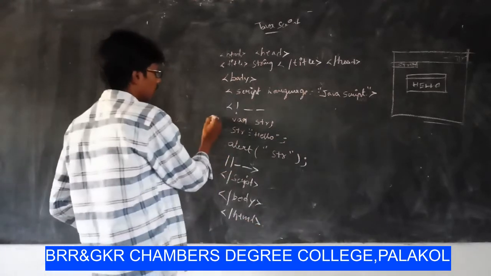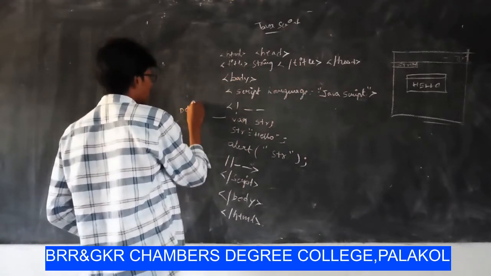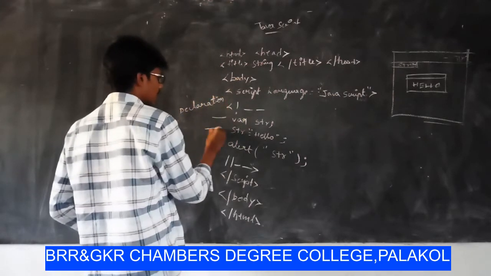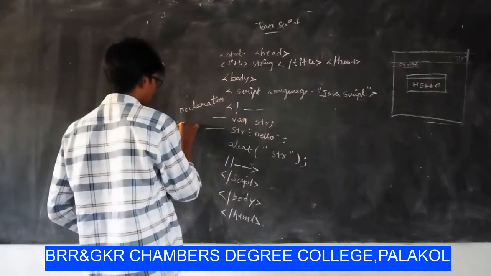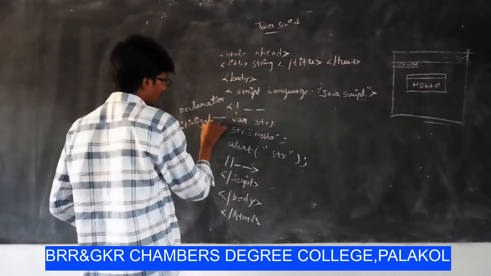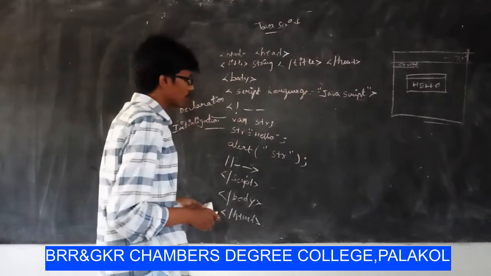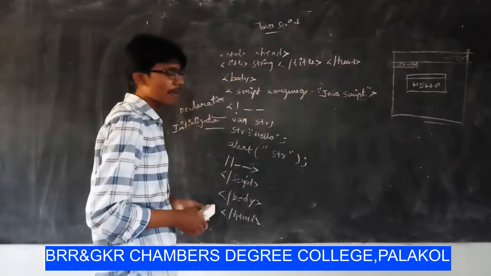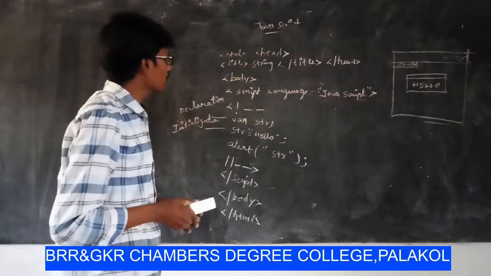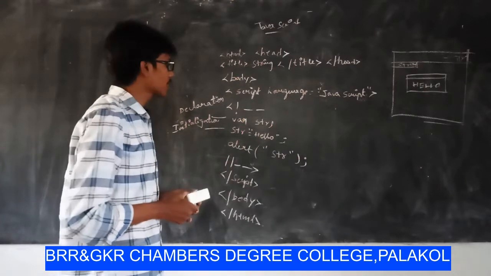This is, in the programming, the declaration part. This is the initialization part. In every programming we can declare some variables and initialize those variables for the user requirement to implement the programming. Okay, this is the structure and how to declare different types of variables in the JavaScript program.